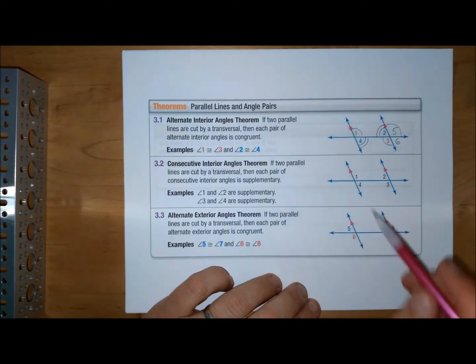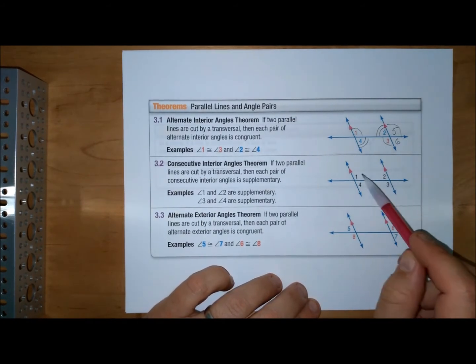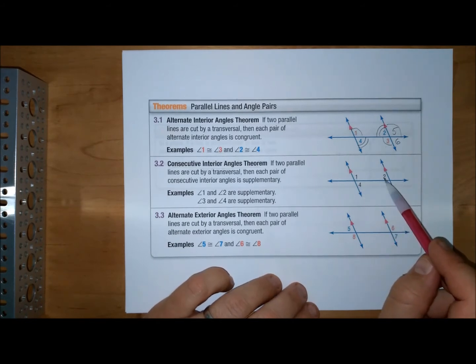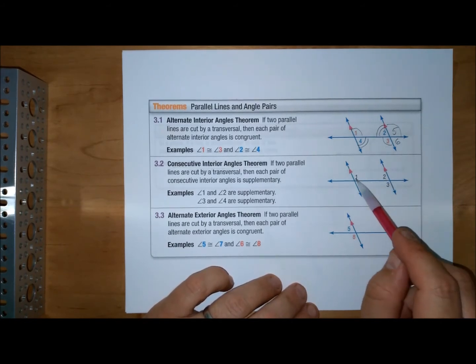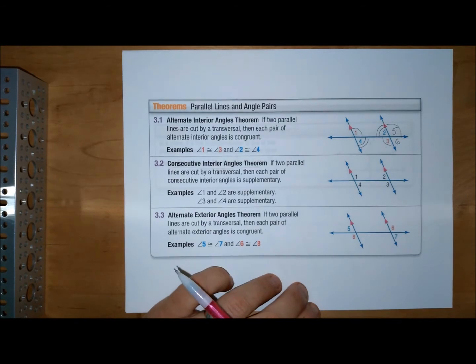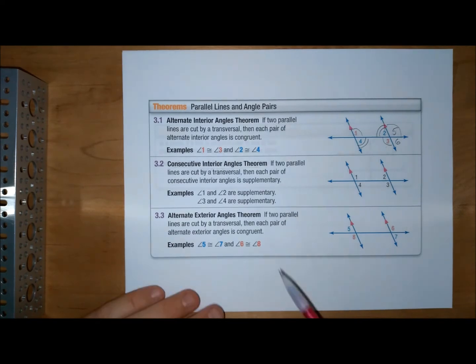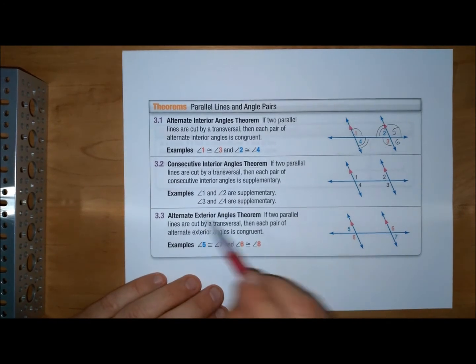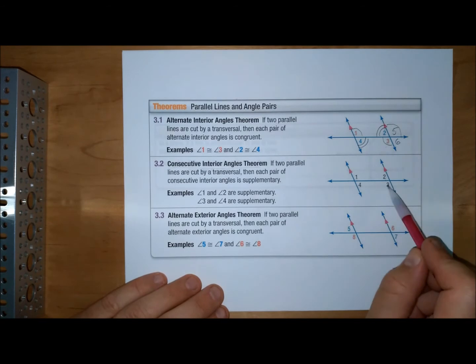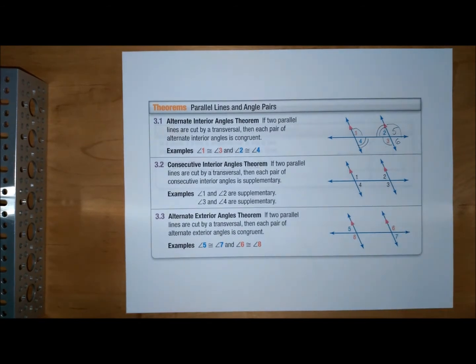Well, it turns out that when the lines that form consecutive interior angles are parallel, those angles are always going to be supplementary, okay? When the lines that form consecutive interior angles are parallel, the angles are going to be supplementary. 1 and 2 are supplementary, 3 and 4 are supplementary. And then the last one we have